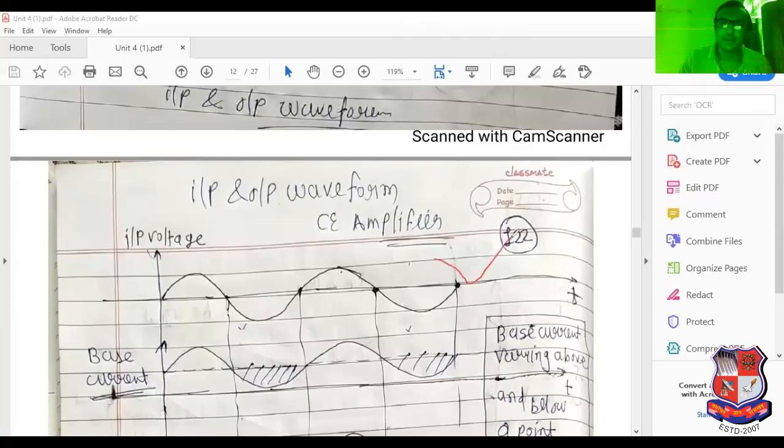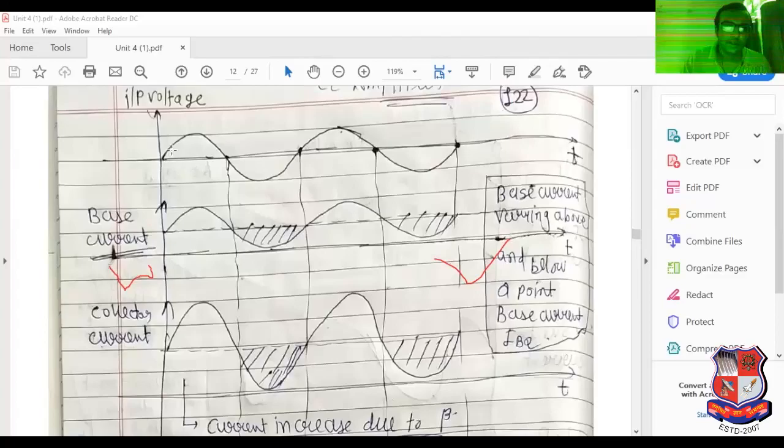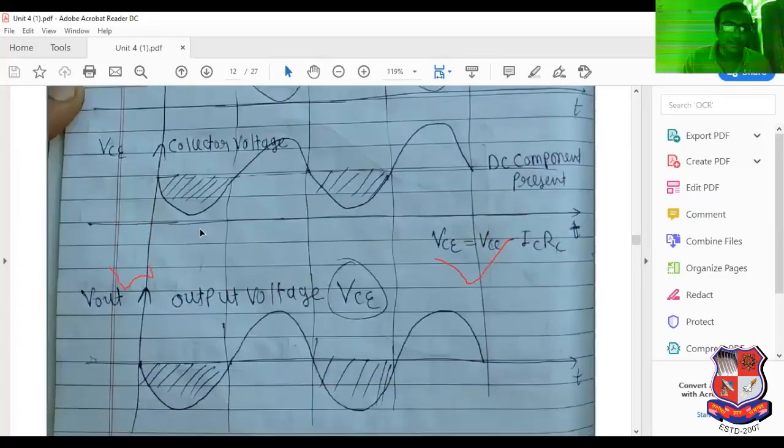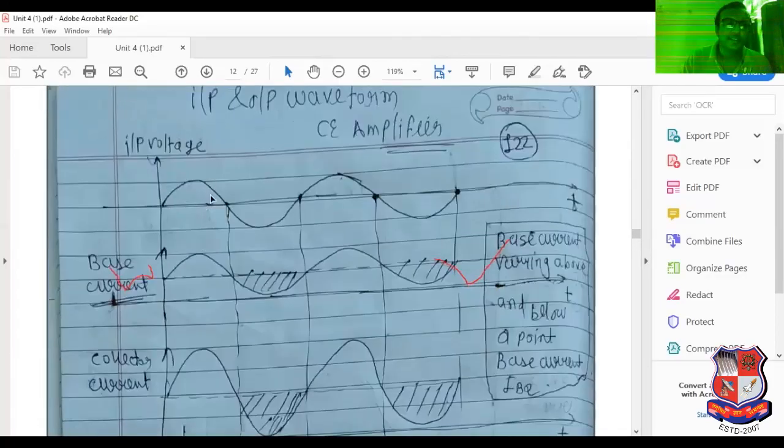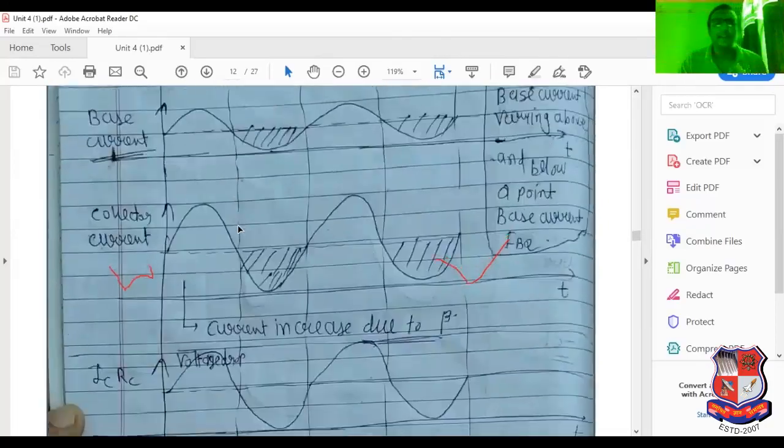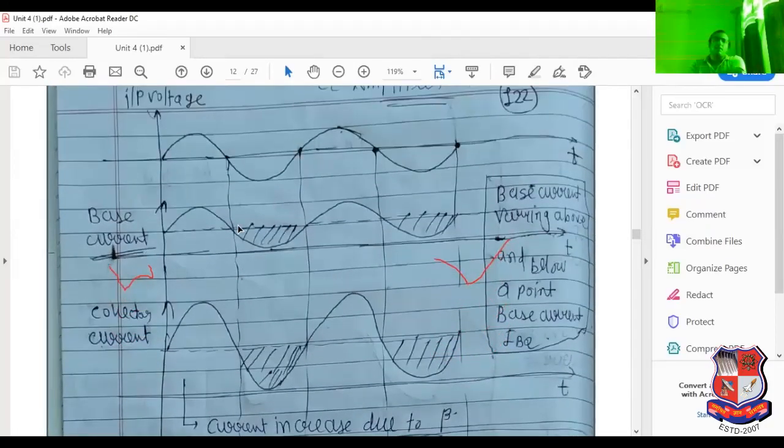It is known as the input signal. I have marked it with a tick, and here it is known as the output signal. If you see this input and output signal, then we get a 180-degree phase shift with respect to the input, which I have already explained in the YouTube channel. So please try to understand that particular point. It is the basic point.